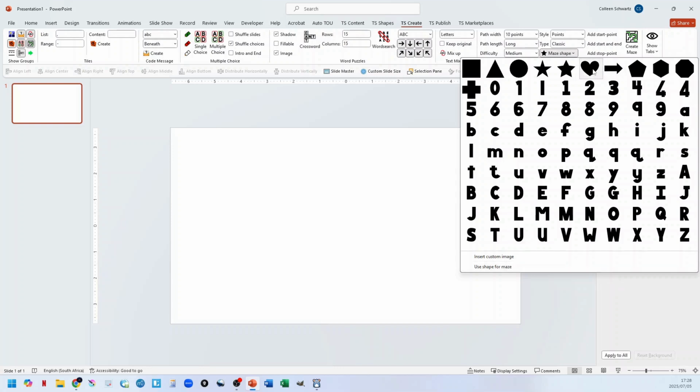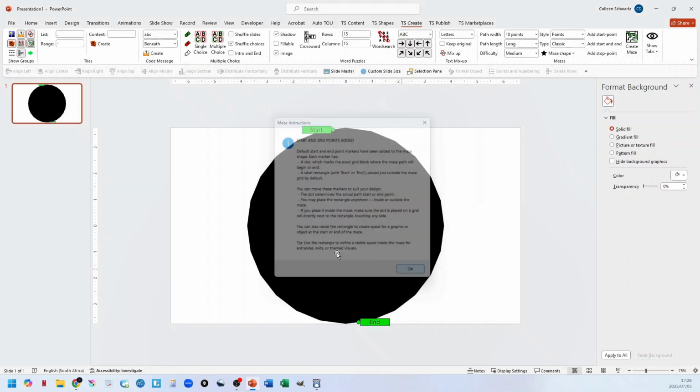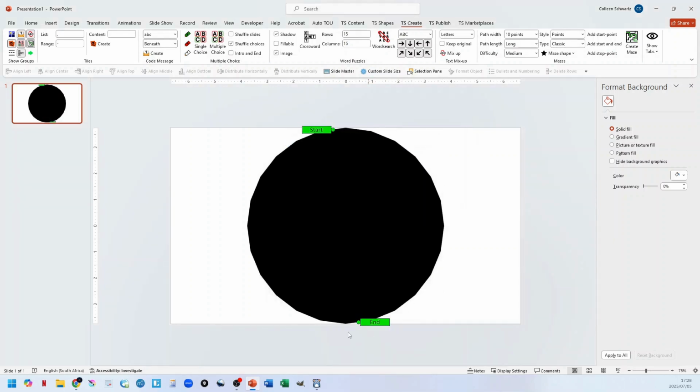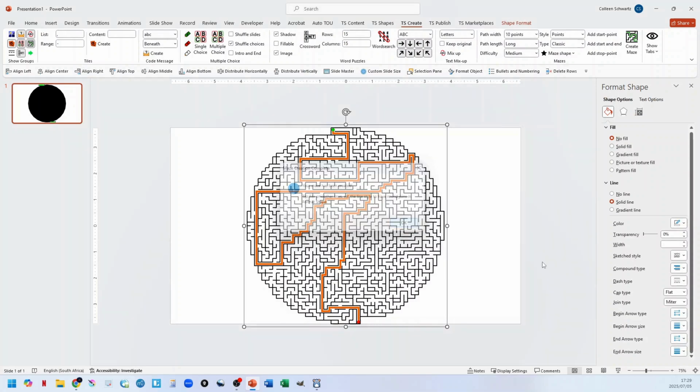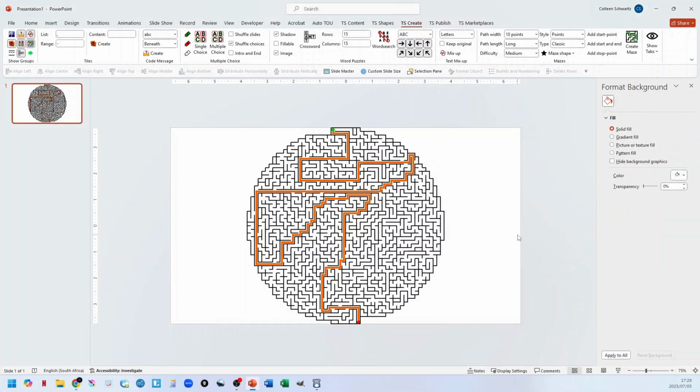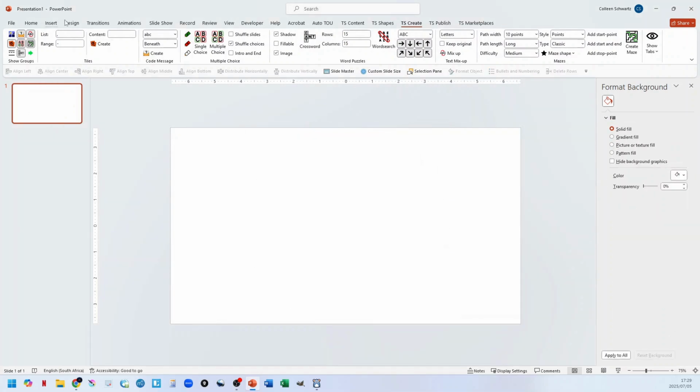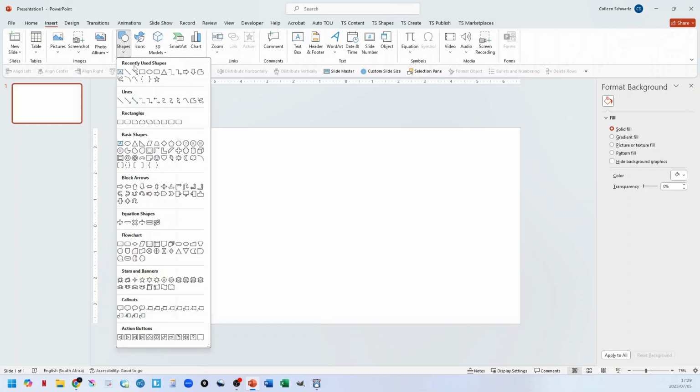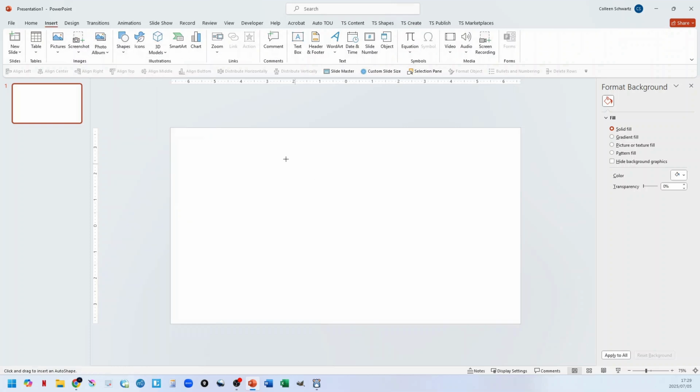I've got a heart for you here as well, because if you look at this, when I put it in, you can see it's actually made up of lots of straight edges. If I try to use this one and I create my maze, it'll create a maze that will look like a circle. Okay, it looks like that. However, if I create a maze using a circle like this,